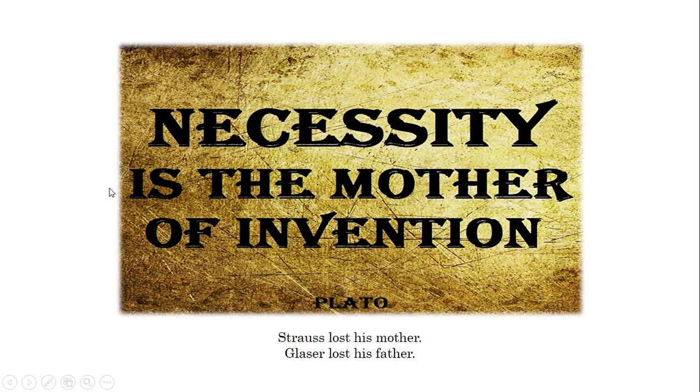So, as we say that necessity is the mother of invention, similar stories rest in the case of Strauss and Glasser too. So, what happened? Strauss lost his mother and Glasser lost his father. Initially they were not known to each other, so they were working in two different organizations, in two different universities, and they were living distance apart. It's not like they started together. It was later that they joined each other, and they published a book chapter called Discovery of Grounded Theory, and that became very popular, and then they continued their research on grounded theory.